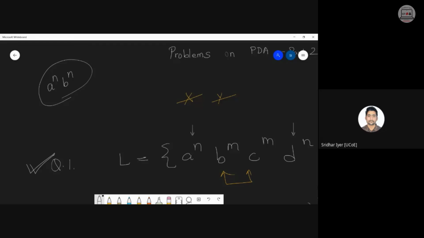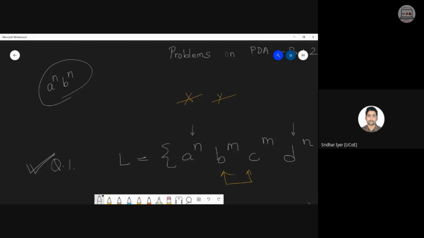If I construct a machine or PDA for this logic, A raised to n, B raised to n, will my answer be right? Am I correct 100%? Or is there any loophole? Is there any restriction that I am not following?